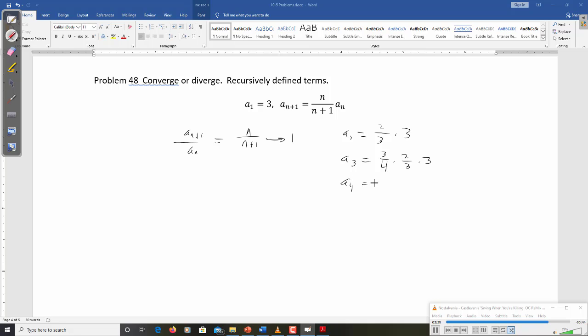A sub 4 would be 4 over 5 times 3 over 4 times 2 over 3 times 3. So, keeping this in mind,